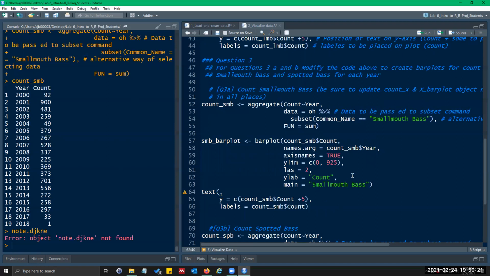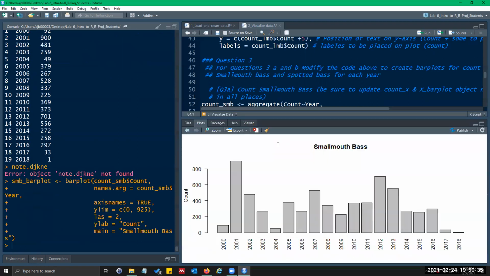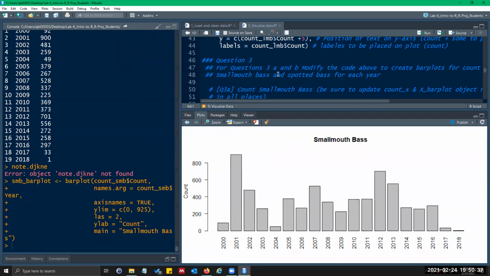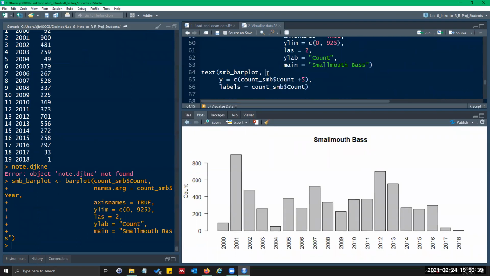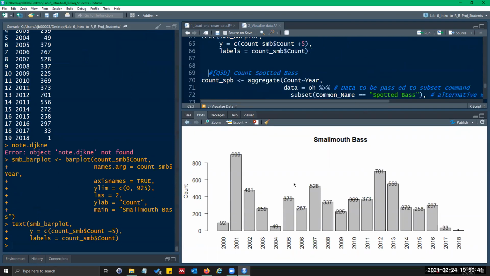Make sure you do that. And then here it's still saying this is missing. That's where we're going to put our bar plot. Right? So now there's no errors. You can see if I just run it, I have my bar plot, and then I'll run this. I have that. Now it's not perfect.